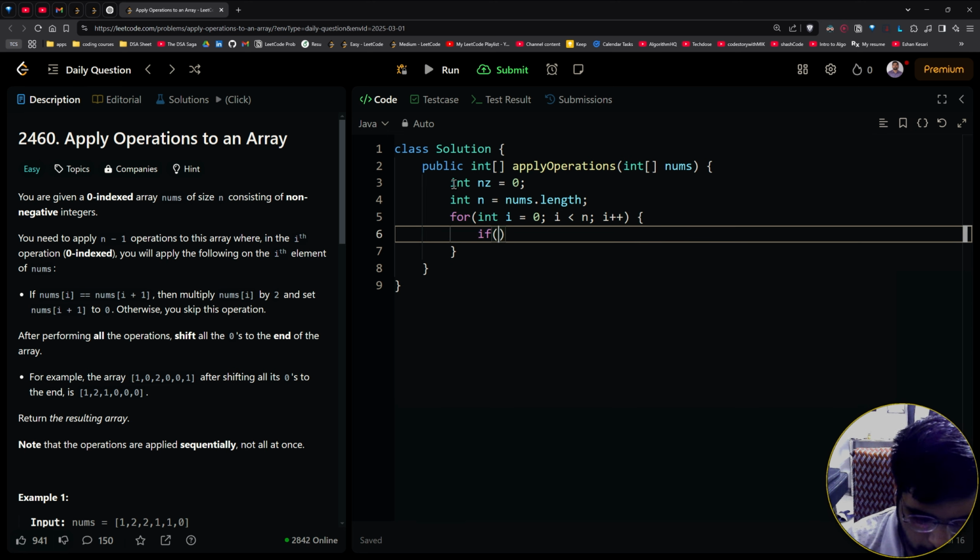If i is less than n minus 1 and our nums of i is not equal to 0,